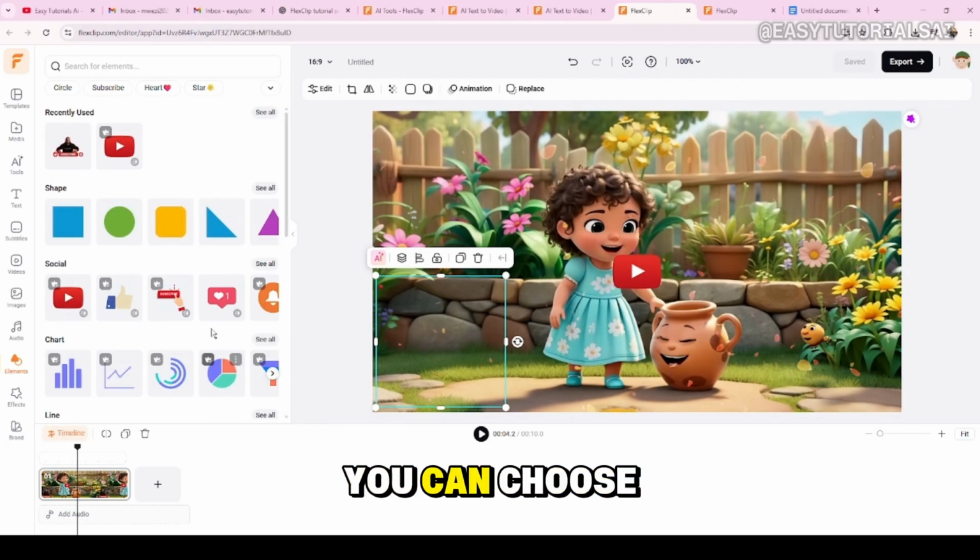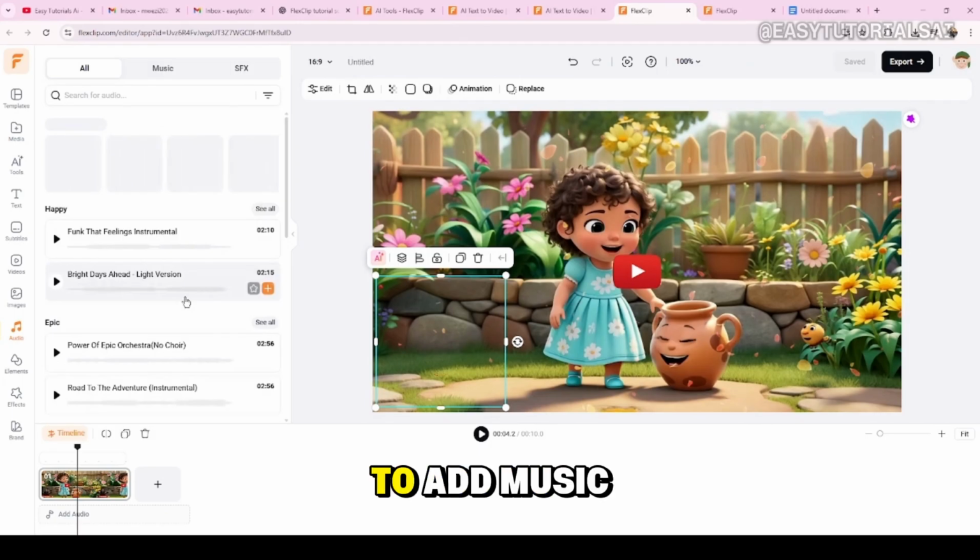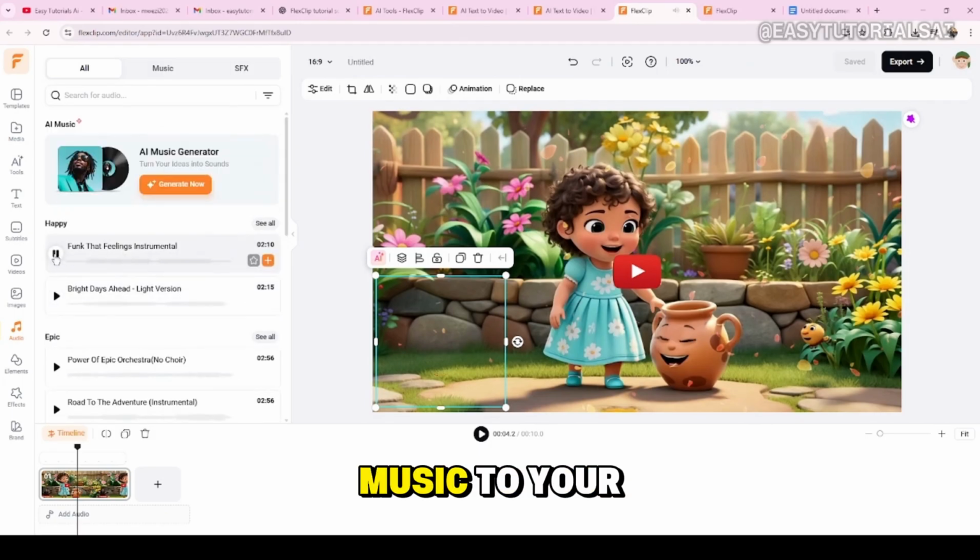So there's a lot of things you can choose from here. Element, you can add audio as well. If you want to add music, you can add music to your video. You just click here and the music is going to be down here in your video. You can